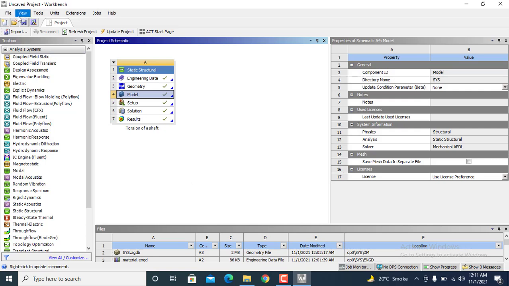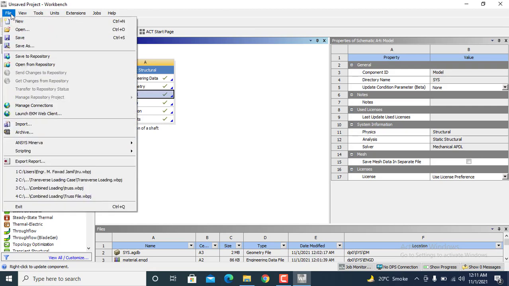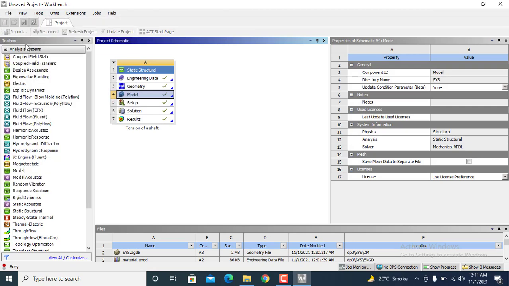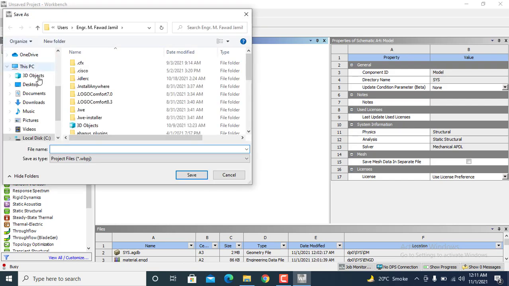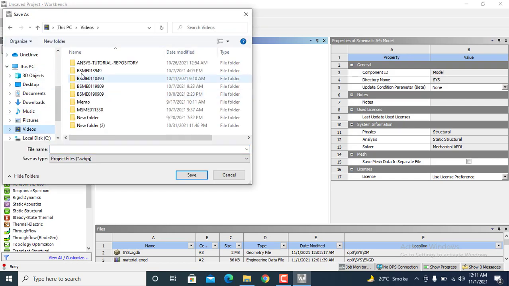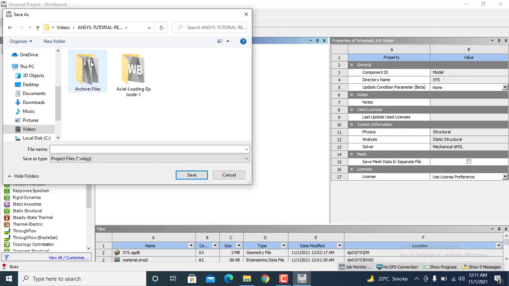We will now save the model. In order to save the model, go into the main menu bar, click the file button and press save as. Go into your directory in which you want to save your model.